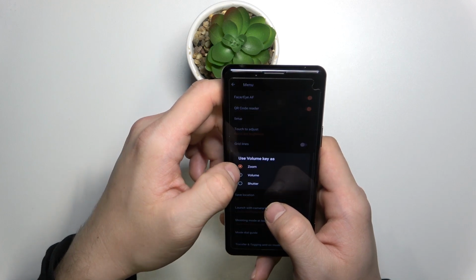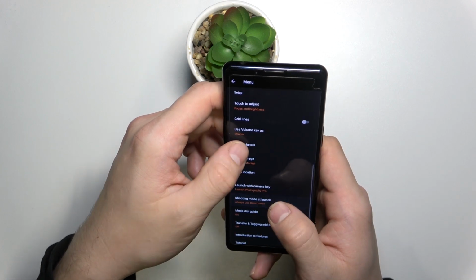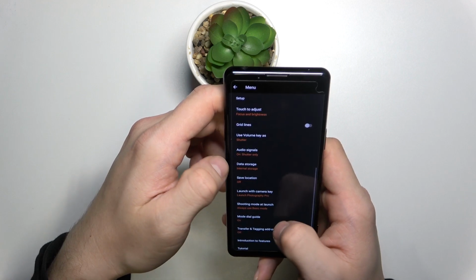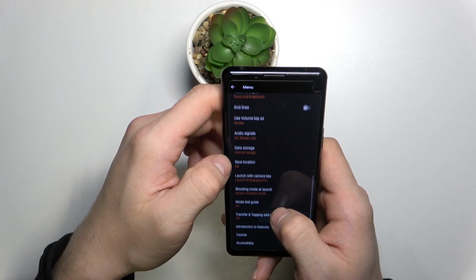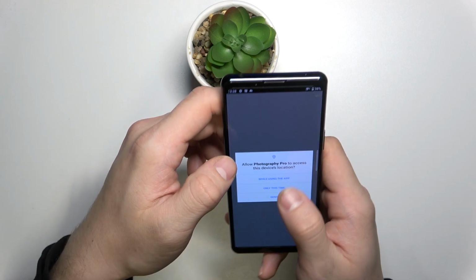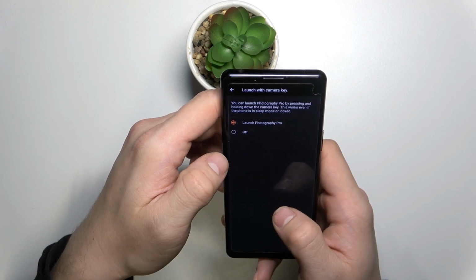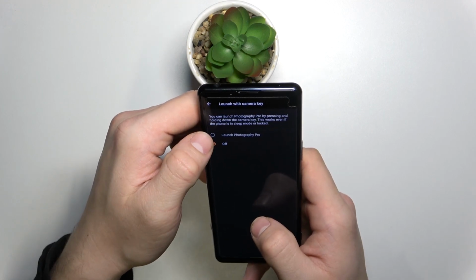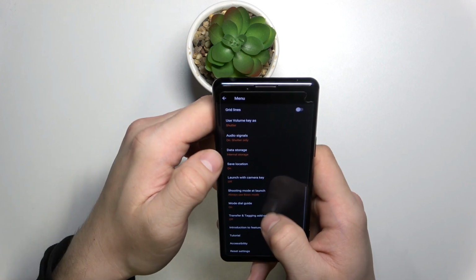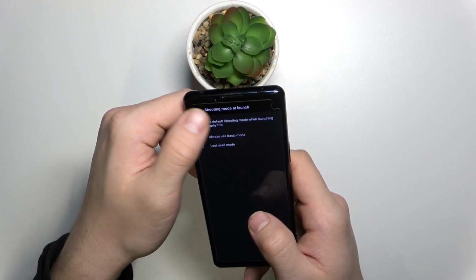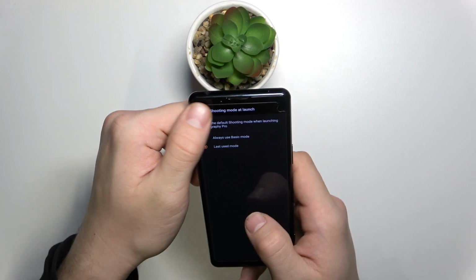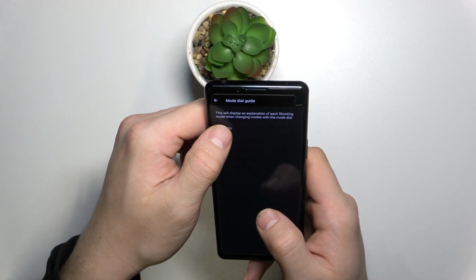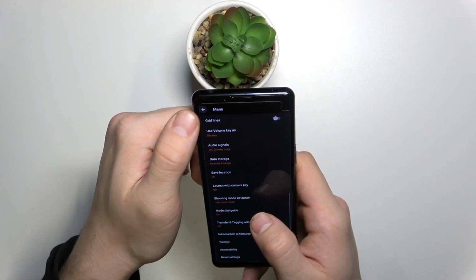We can change touch to adjust to object tracking, autofocus or focus and brightness, enable or disable grid lines, use volume key as zoom, volume or shutter, change audio signals, change data storage, turn on or off save location, enable launch camera with key, change shooting mode at launch, enable or disable mode dial guide,